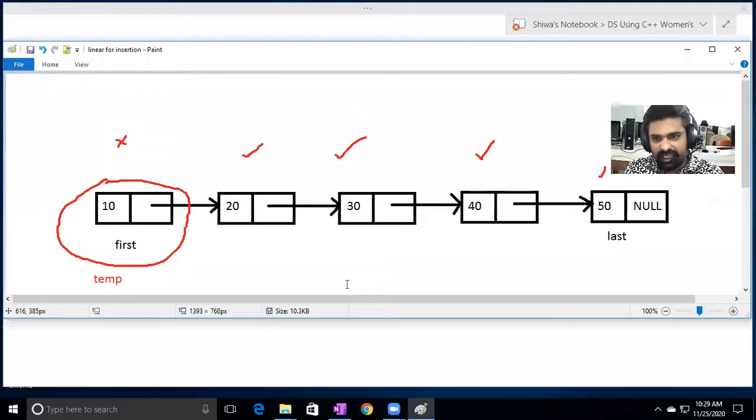So there the garbage collector concept is there. But in C++, the garbage collector concept is not there, automatic memory management is not there. So we must destroy the memory. That is our responsibility as a programmer. So that's why I'm holding first node's address in the temp.